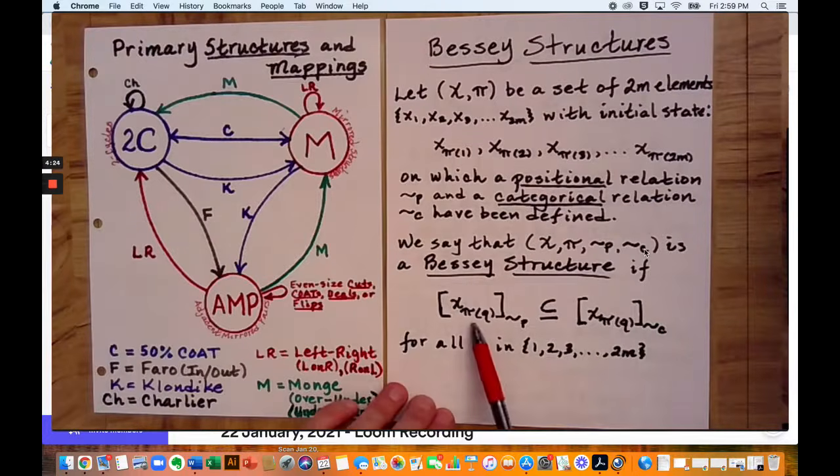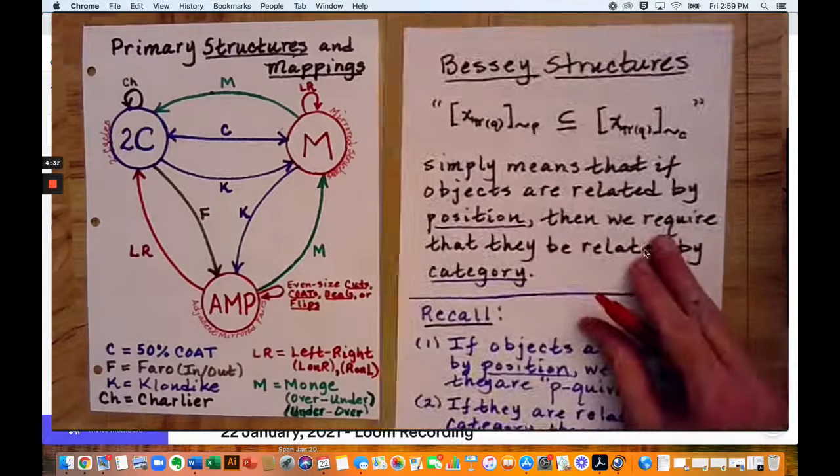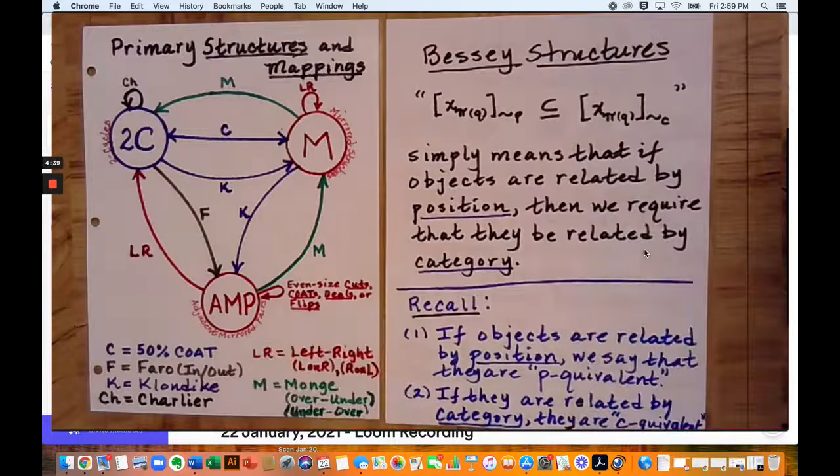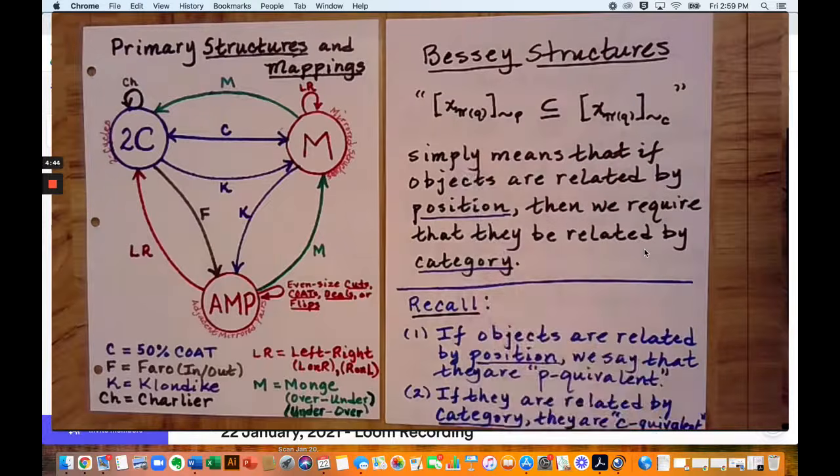Okay, so let me show you or try to explain to you what this means. The brackets, of course, is just the equivalence class containing these particular objects. So let's try to make that a little clear. So what this subset relationship is describing is it's requiring us to do the following. It simply means that if the objects are related by position, then we require that they be related by